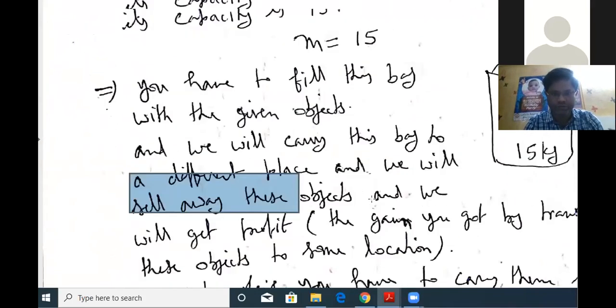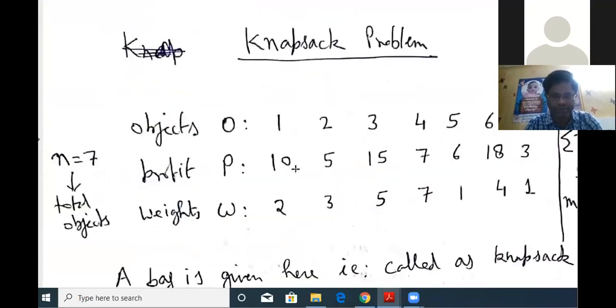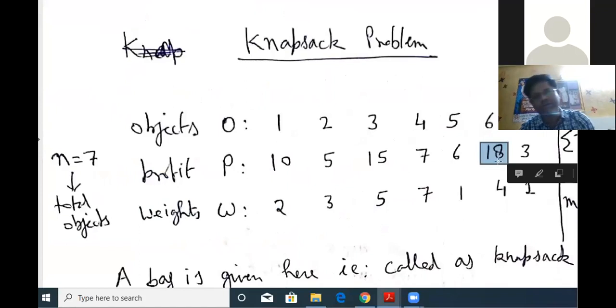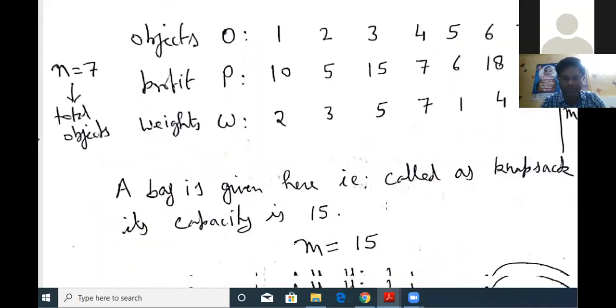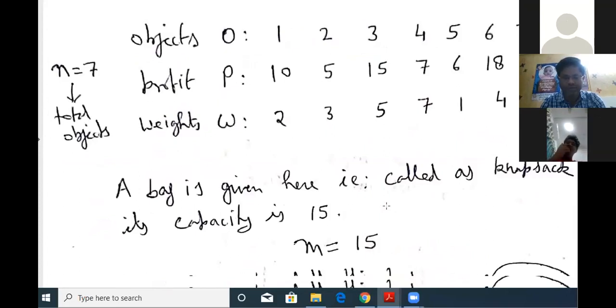The maximum profit here is 18. So it means whether we should carry the item with maximum profit or the item with minimum weight. The minimum weight here is 1, and there are 2 items that carry the minimum weight. Since we are going to maximize the problem, our main goal is to maximize the profit. So it means